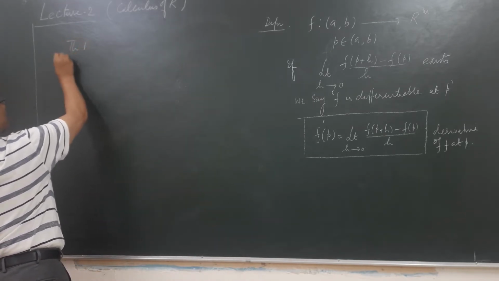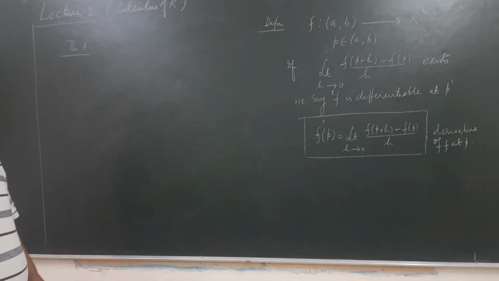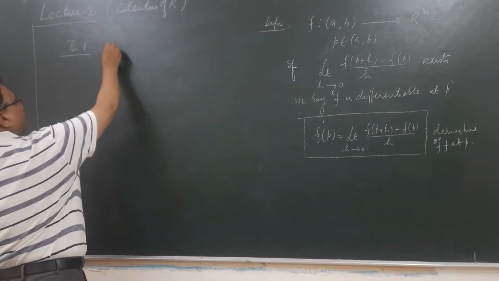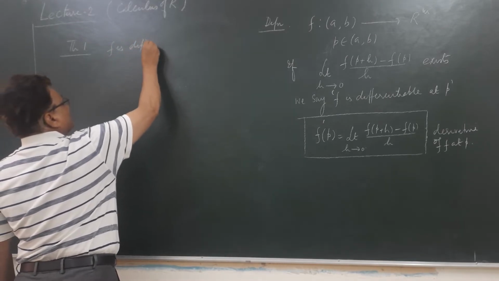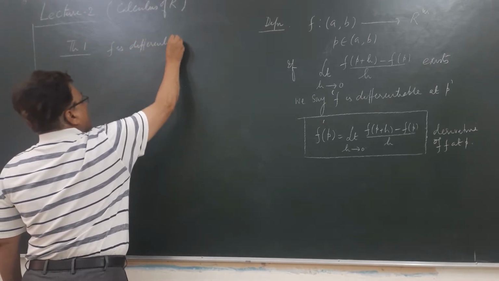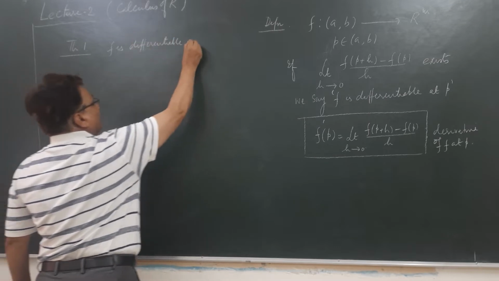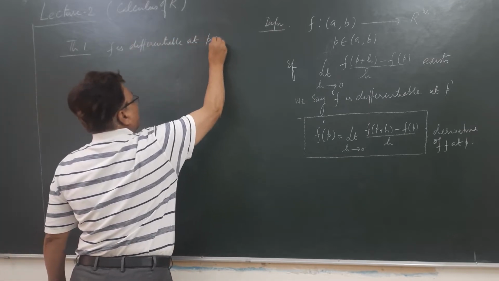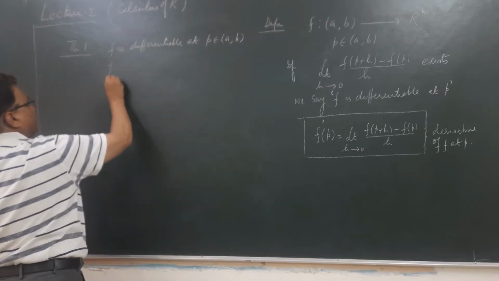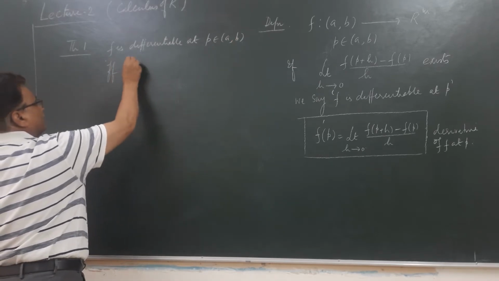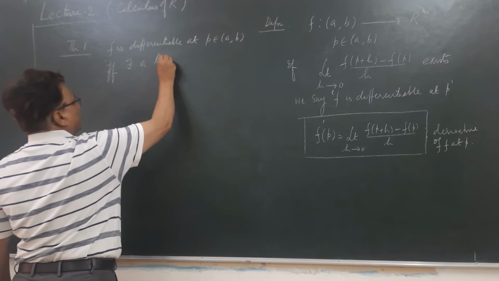This is the first theorem. f is differentiable at a point p of the interval (a, b) if and only if there exists a linear map,